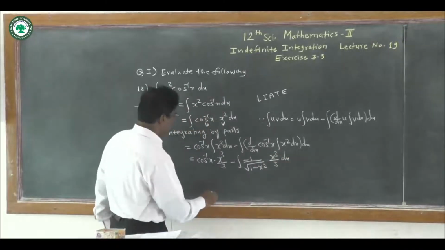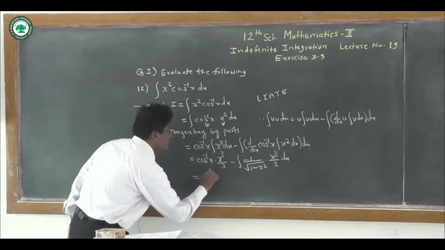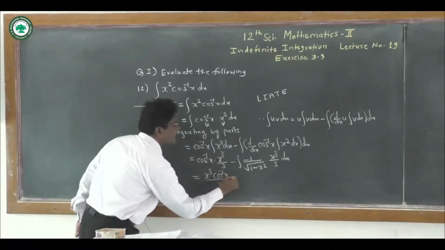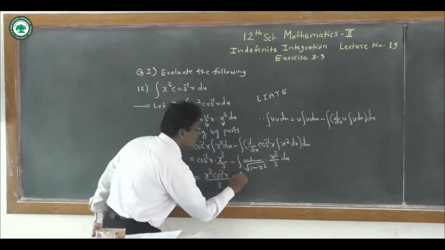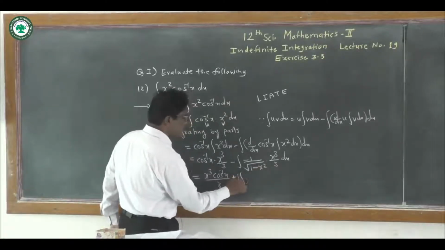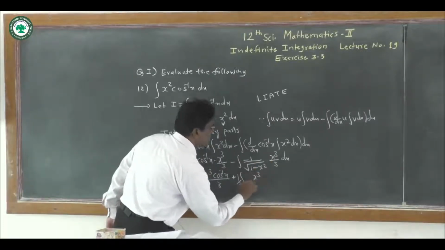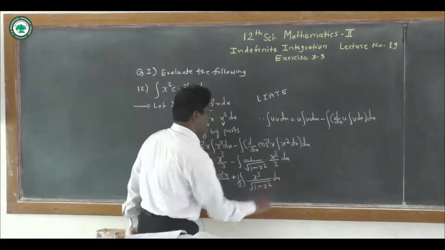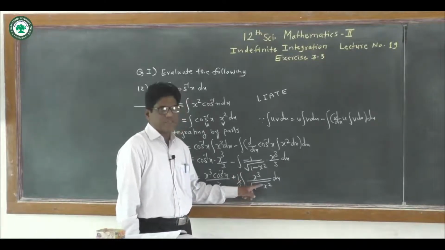And so we get here cos inverse x into x cube upon 3. We write x cube cos inverse x upon 3 minus, and this minus and minus become plus. Integration of, here 1 upon 3. This 1 upon 3 is a constant outside the integral, and 1 into x cube, that is x cube divided by root of 1 minus x square dx. And now we have to take here integration of x cube upon under root of 1 minus x square dx.